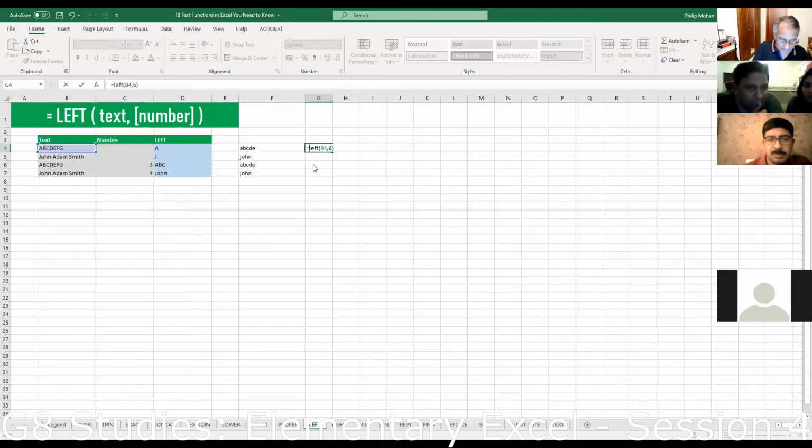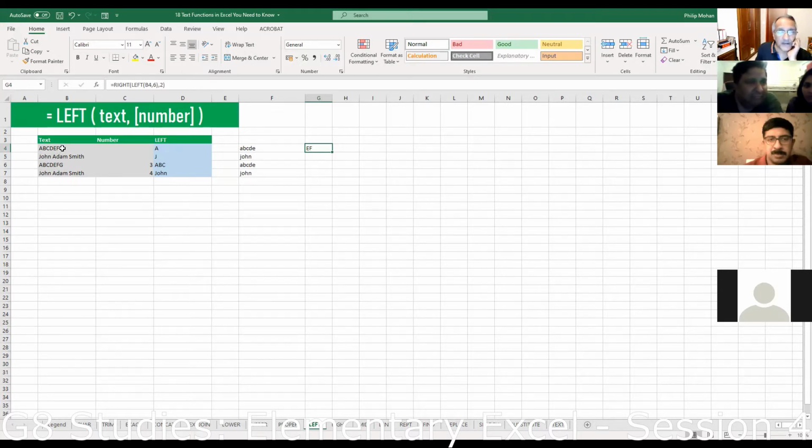Actually I do right here because left is the first function. So this left B4, 6 returns a value. On that value, I want to take the rightmost 2 characters. So I put 2. There you go. You get EF because 1, 2, 3, 4, 5, 6 is up to F.